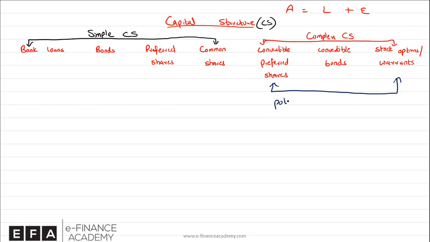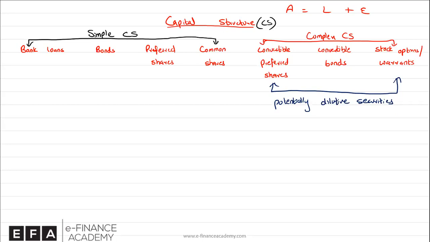potentially dilutive securities. All right, although we'll be talking about each of these one by one, what's a convertible preferred share? Just to quickly discuss this, it's a preferred share in which the holder of the preferred share has the right to convert it into common shares. In short, what we are saying is the investor who owns a preferred share has the right to convert it into common shares. Likewise, a convertible bond is a bond in which the holder has a right to convert it into